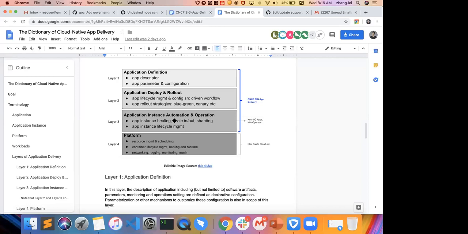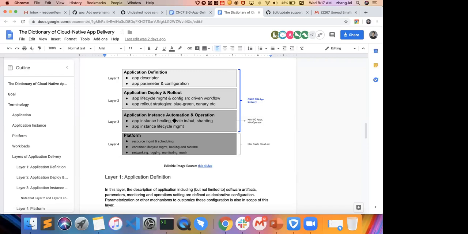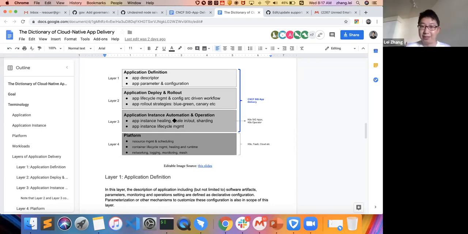So first of all, we have the route strategy for the application level, like Canary. That means I want to create the application first and then create a new version of the application instances as Canary instances, and then try to do A/B testing, to do benchmarking, and then promote all the instances to the production environment, and then delete the old version of the application. That's the Canary deployment. But that is application level. For the application instances level, we still have strategies which are defined by Kubernetes deployment. For example, the Kubernetes deployment will claim that